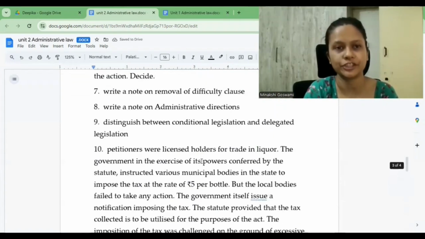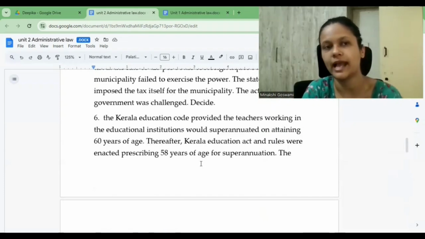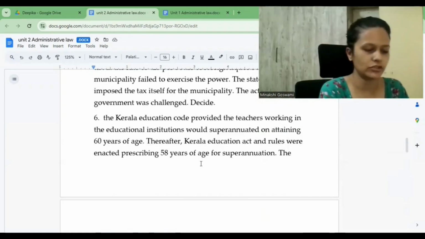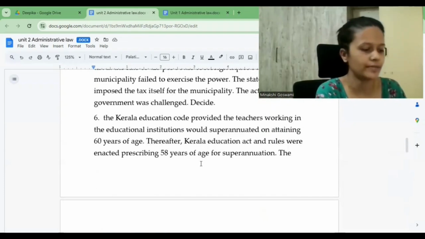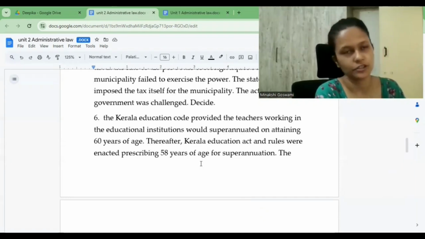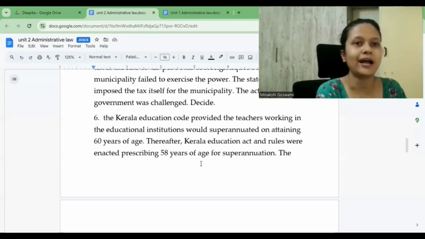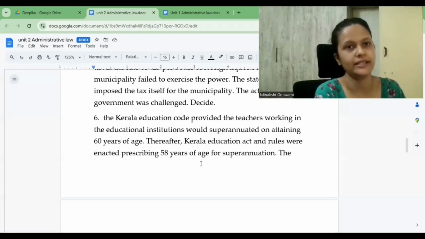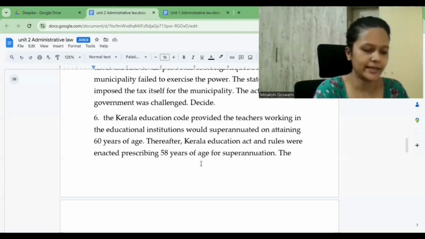So these were the questions for short notes. We mostly have problem-based questions over here. Now, as I already mentioned, problem-based questions are very, very important for your examination. So you need to give importance to them, and you need to start practicing how to write these answers, because you mandatorily need to answer two problem-based questions in your examination.